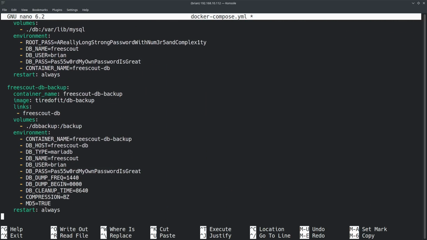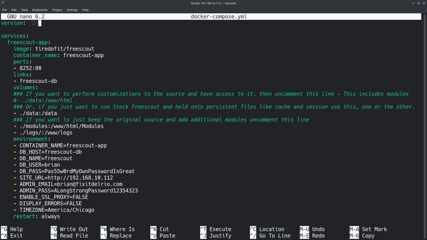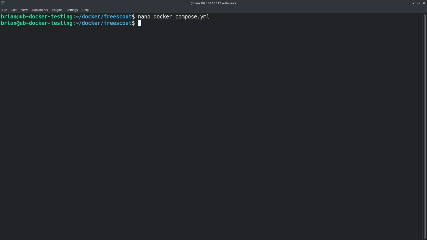So once we've got all that, we're going to do Control-O to save. Just double check things one more time here. Make sure we don't have any mistakes. I think everything looks good. And we're going to do Control-X to exit, and we're back to our terminal. Now we can do docker-compose up. We're going to do -d and then ampersand